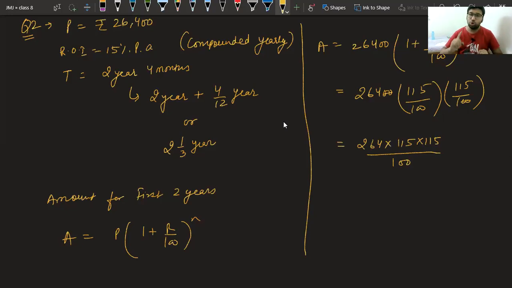Again I am telling you, don't touch these hundreds, thousands, lakhs, because they will be very easy for you to cut at the last. Just tell me why we have not taken it at once by converting to a mixed fraction. Beta Harshul, yesterday only I told you, if you take the power as 7 upon 3, will it be easy for you to solve like this? Harshul, if you take the complete time 7 upon 3, will it be easy for you to solve? Just confirm this thing. No, that is why I am going for the first 2 years and then I will go for the remaining 1/3 year. Now you understood this thing? Why I am going for 2 years first?